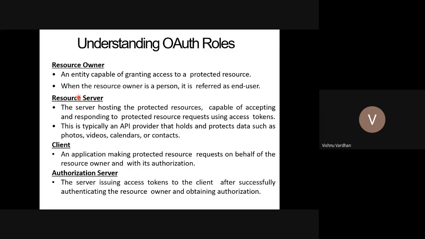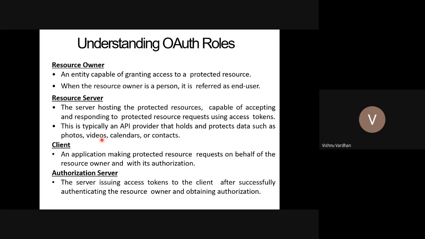Then resource server means the server hosting protected resources. That means Instagram or Picasa.com in this example will become the resource server, where it is going to have all the resources which are protected, and they will expose an API so that you can request some data.